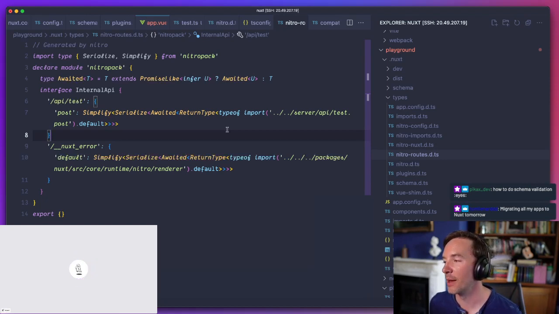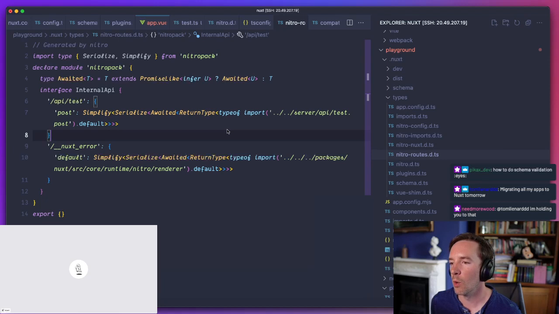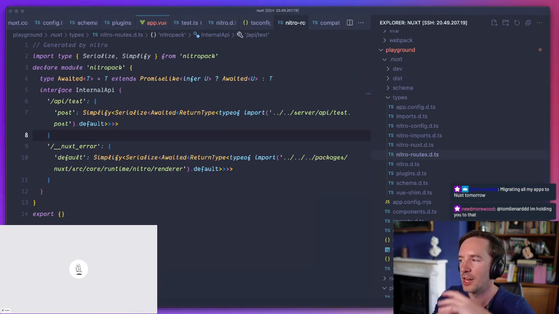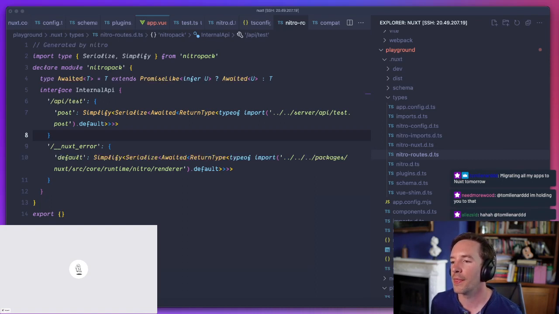It is really simple, but I think that's the right way. We've tried to make it simple because I don't want Nuxt to replace TypeScript. I want TypeScript to do the TypeScripty bit, and then I want the types.